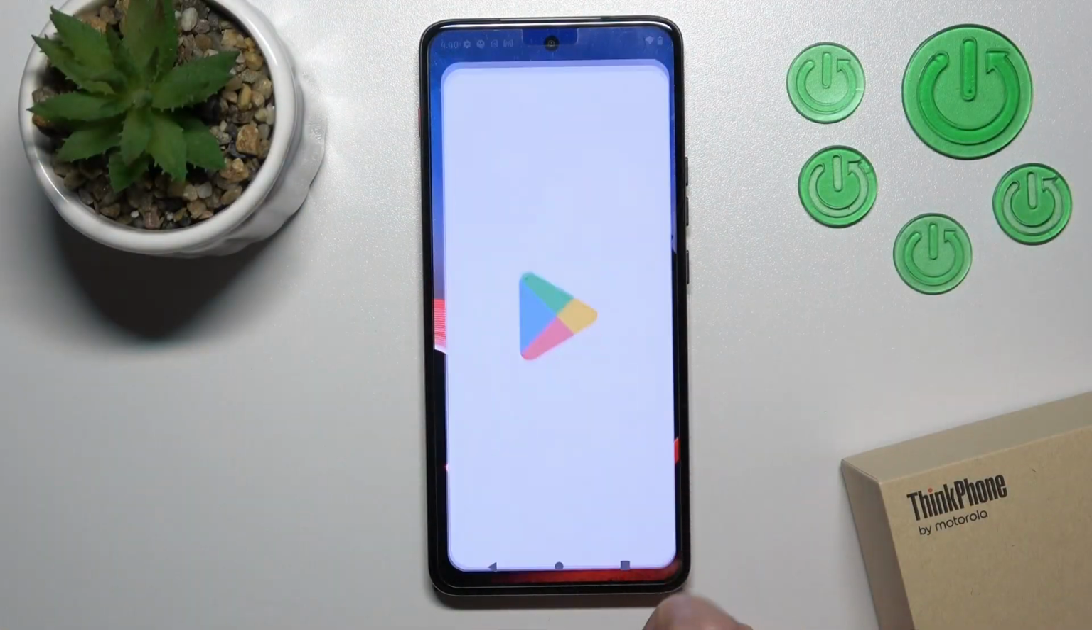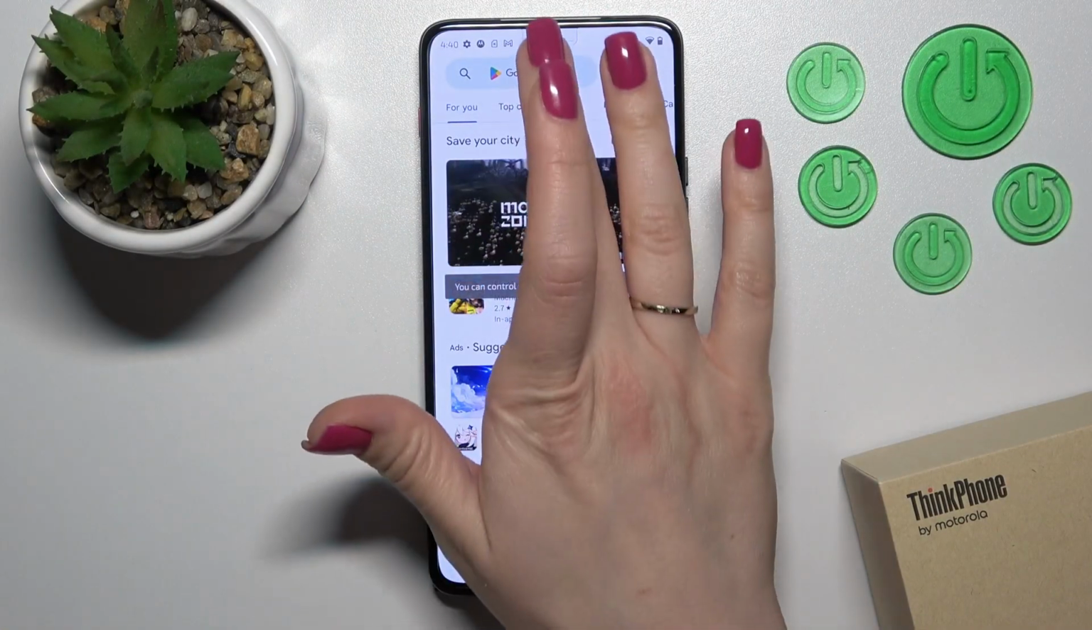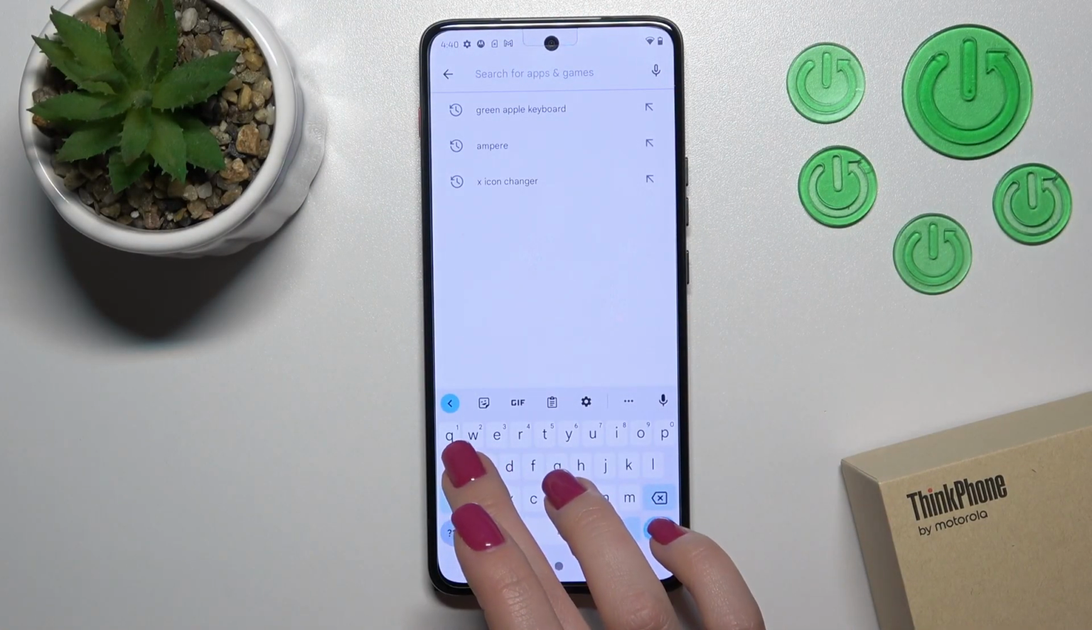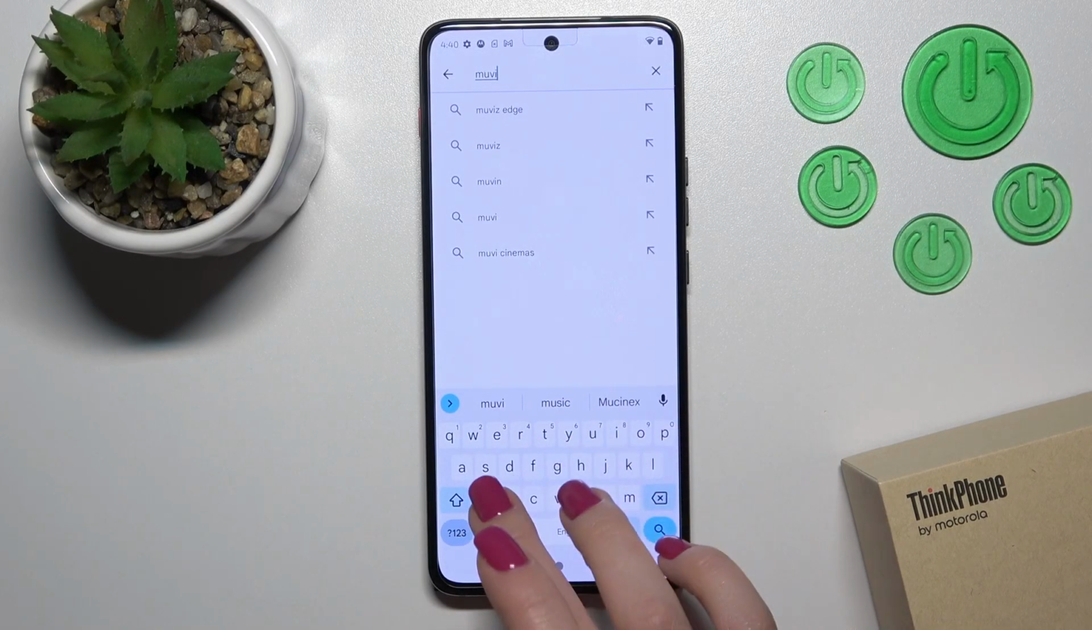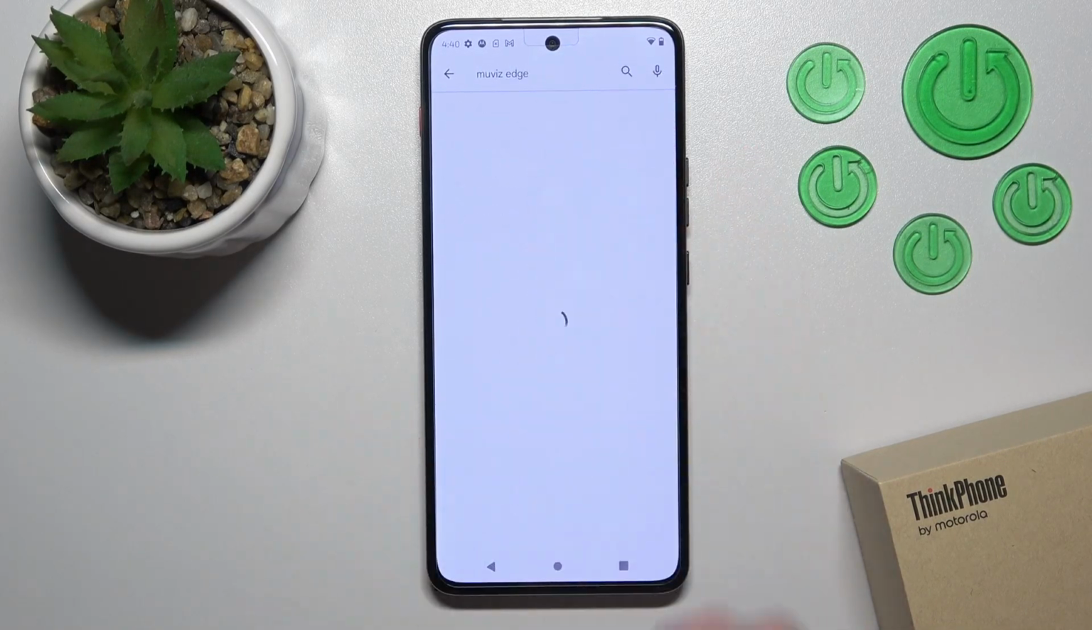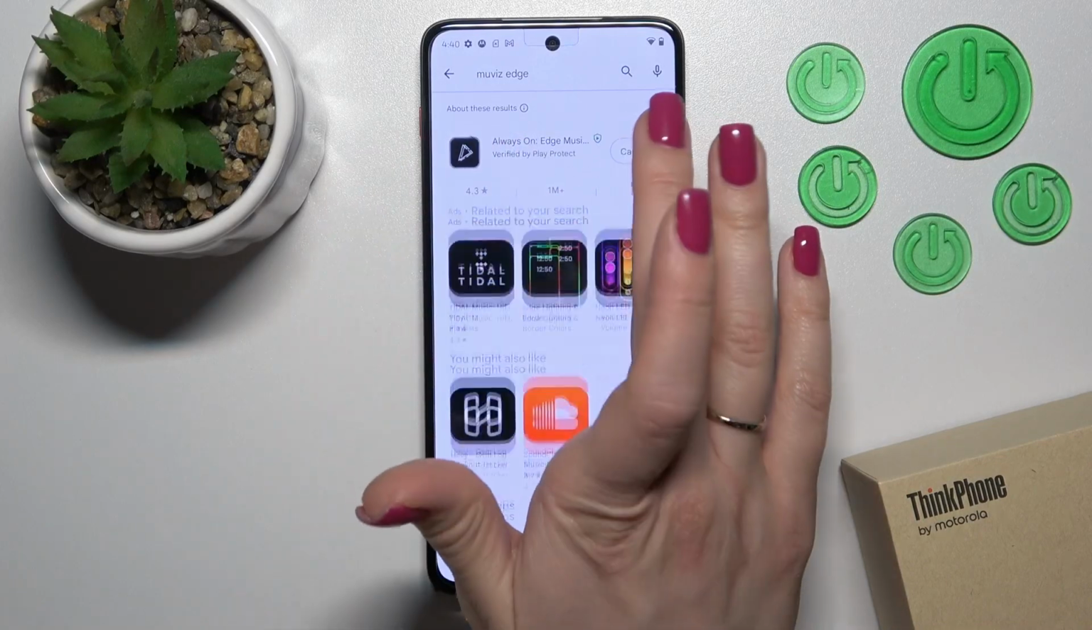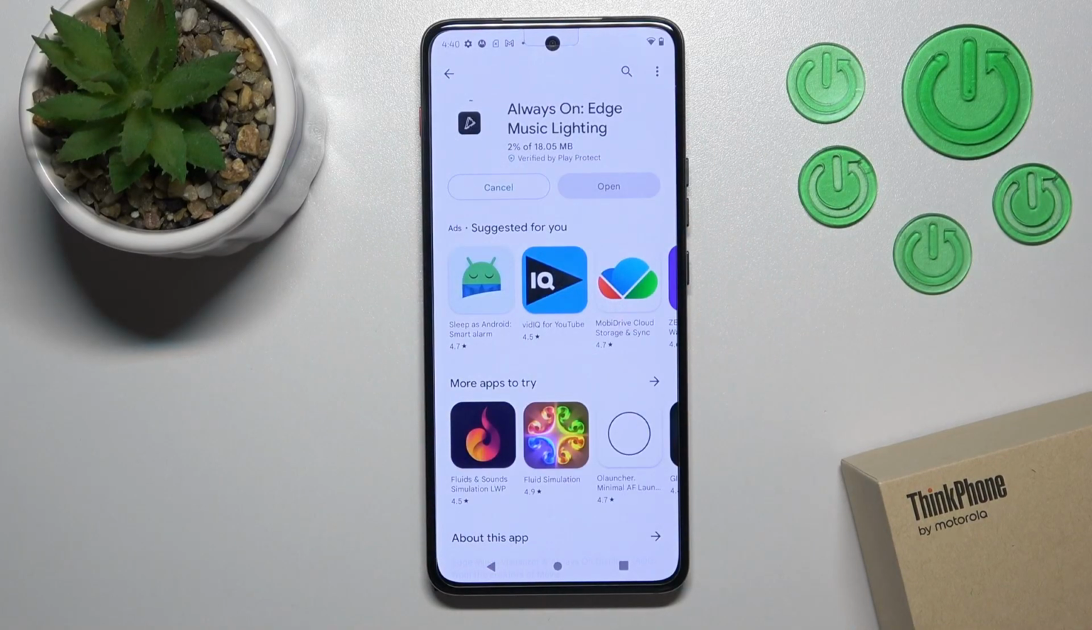So to do that, we should first get the application from the Play Store. That's why in the search we'll enter Movies Edge. And now we should get this application. Tap to install and wait a couple of seconds while this application downloads and then installs